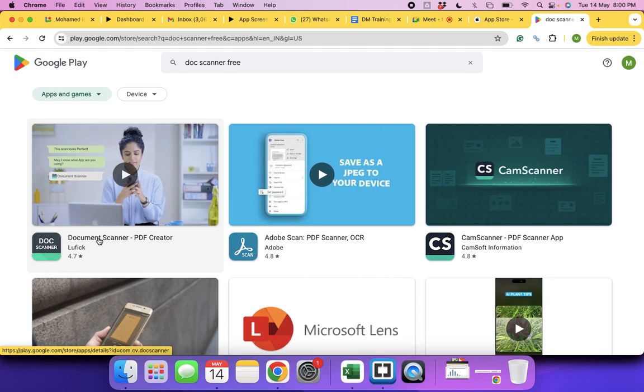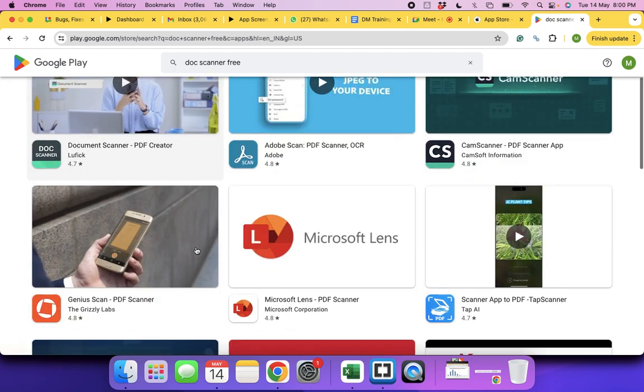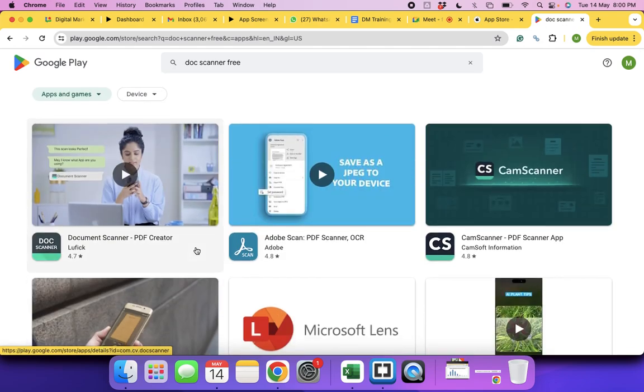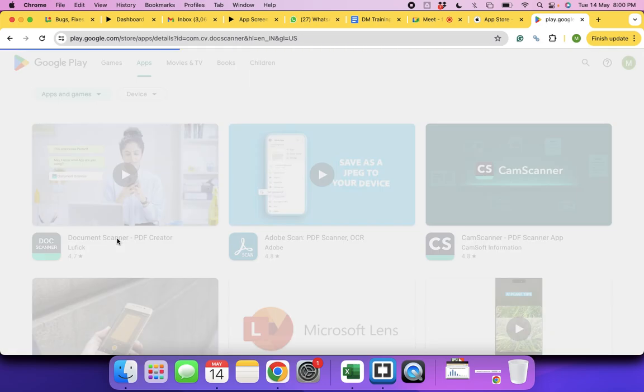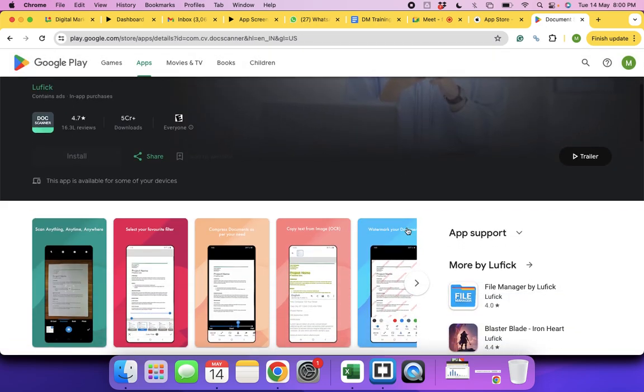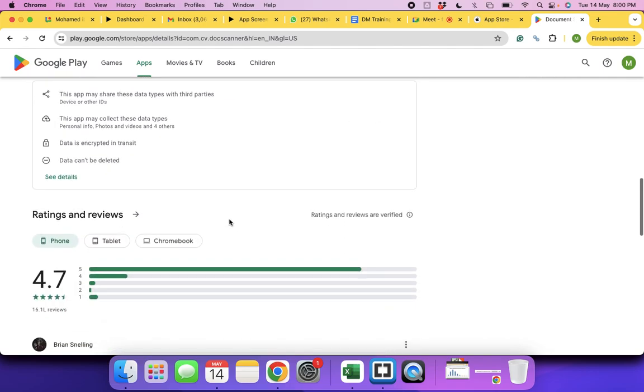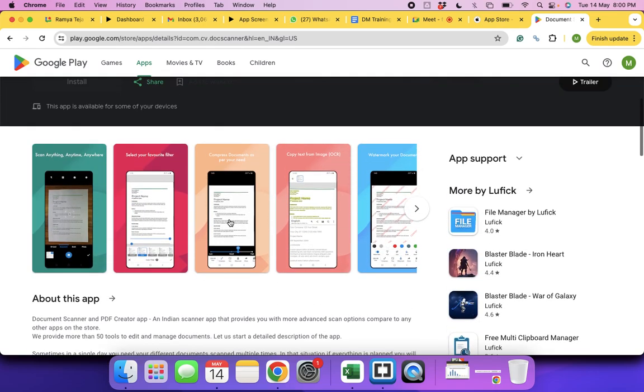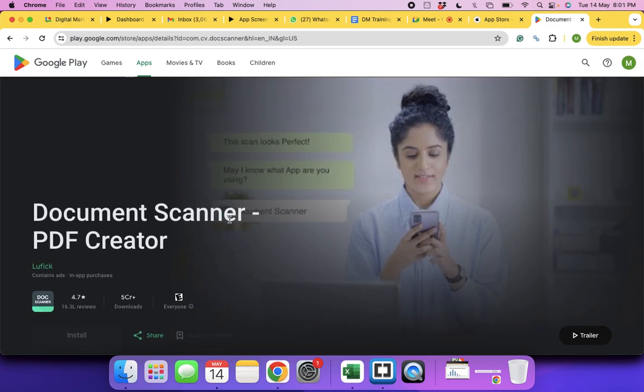Bring in all the relevant terms or keywords related to your app. If you look at this, PDF scanner, OCR, Adobe, PDF creator, document scanner, you see the text document scanner is used in the title. While publishing the app, it's quite simple. It asks you for a couple of fields like the title, the description of the app, what the app is about, and some tags or keywords as well. This is something very basic and anybody can understand, providing such details to the